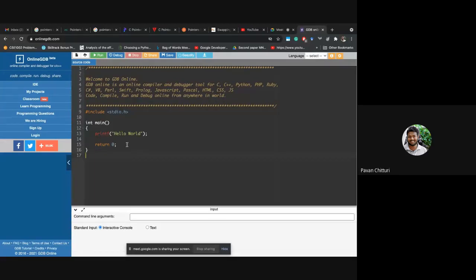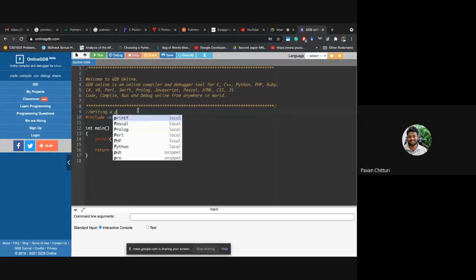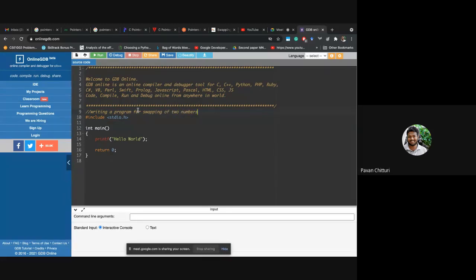In the documentation section I'll mention: writing a program for swapping of two numbers.